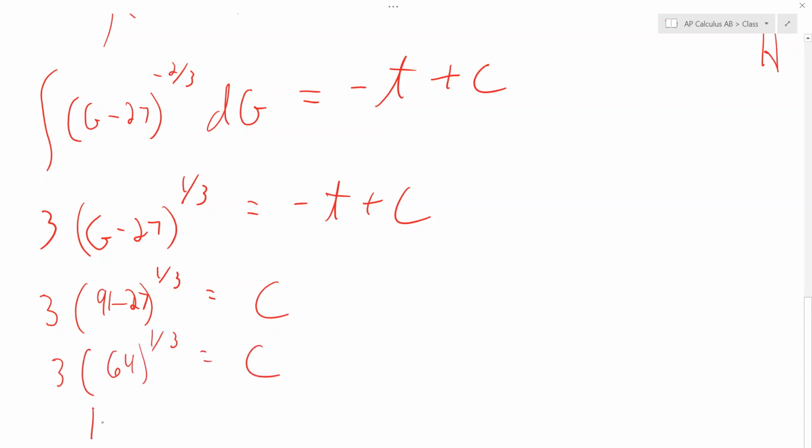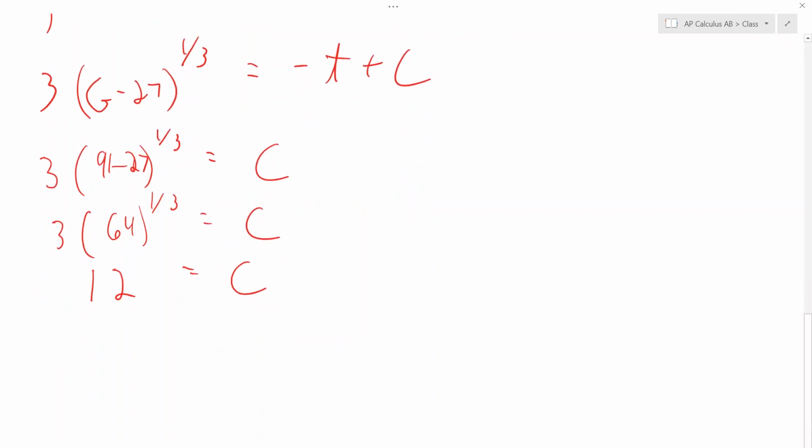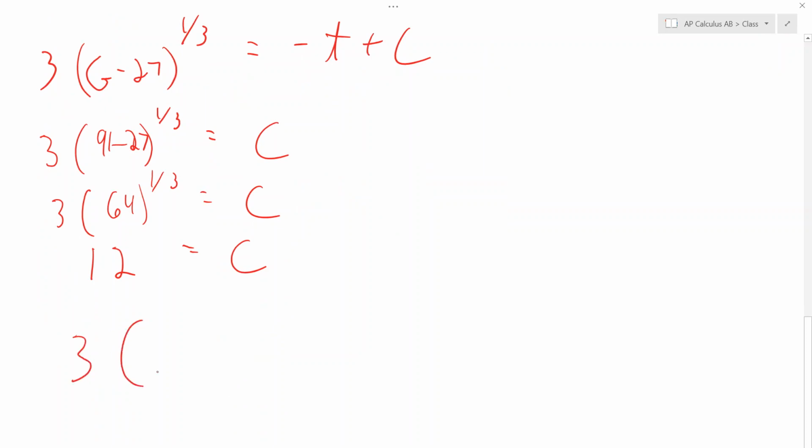And it turns out that's 12. 64 to the 1/3 is 4. That means a cube root of 64 again. Okay? So c is 12, which means our equation is really